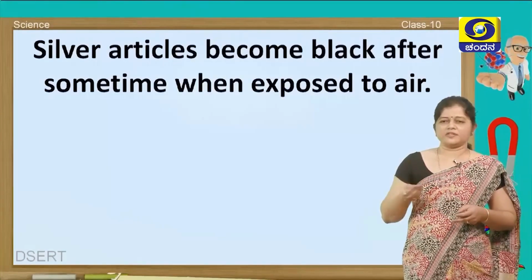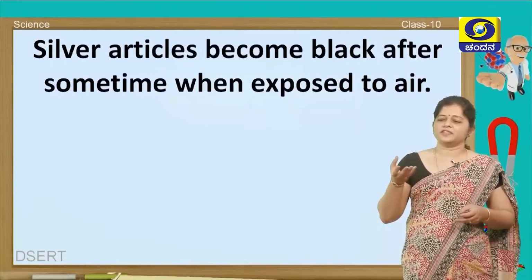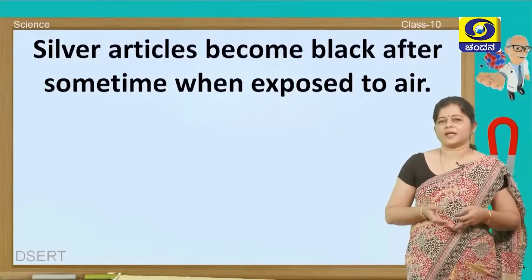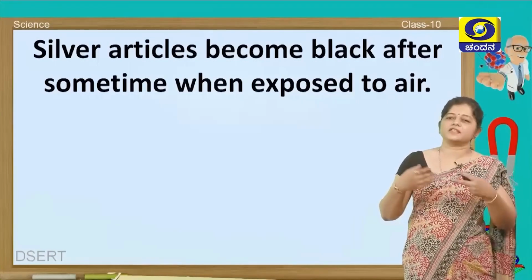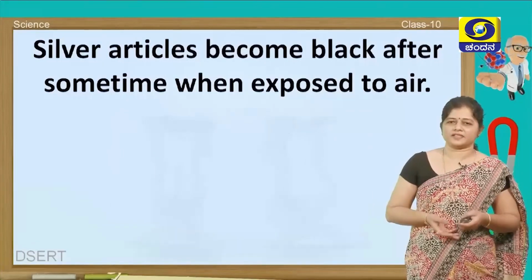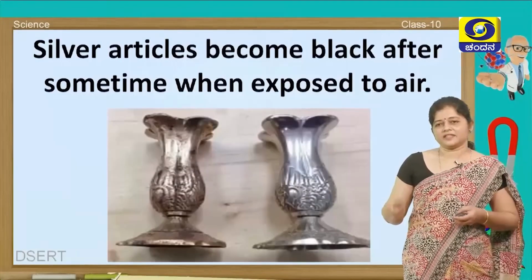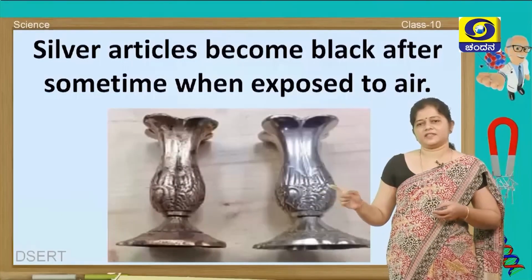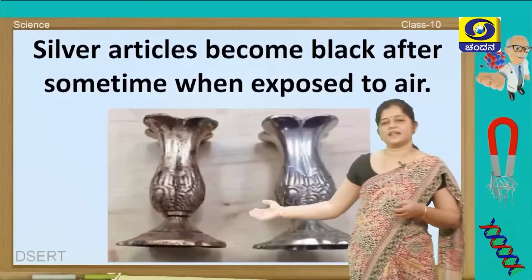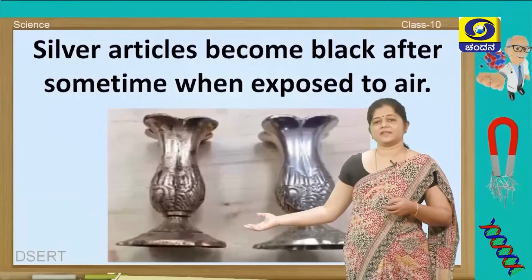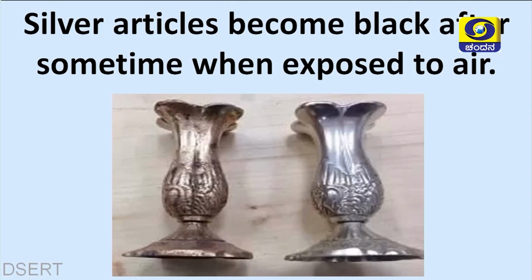You have observed silver articles. After you keep them for a long time without using them, exposing them to air, what happens? See here, this is the silver, and you can see that it has blackened. It has become black when exposed to air. You have observed this,